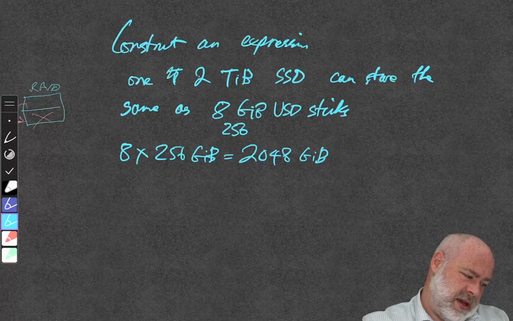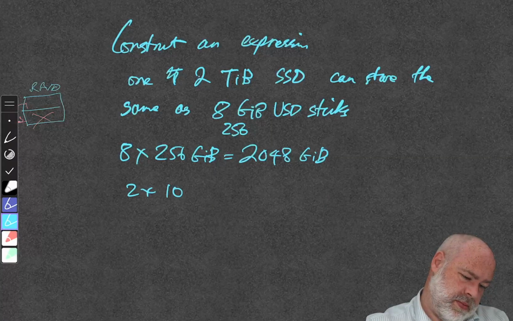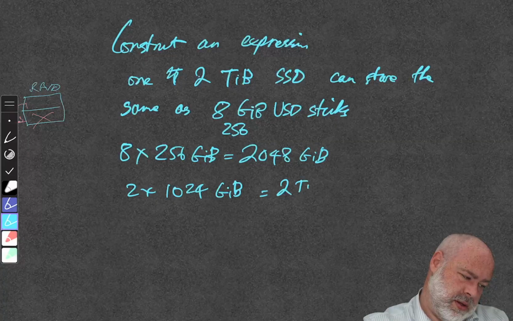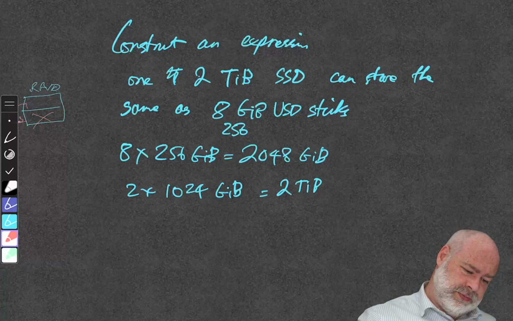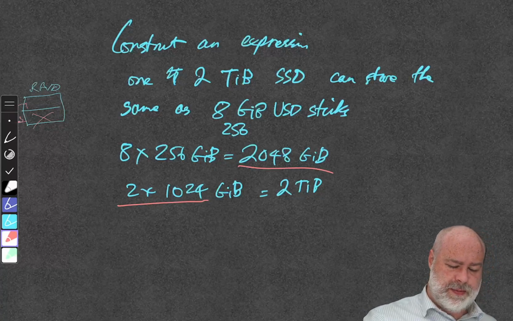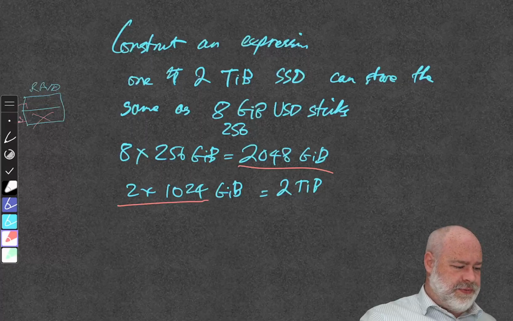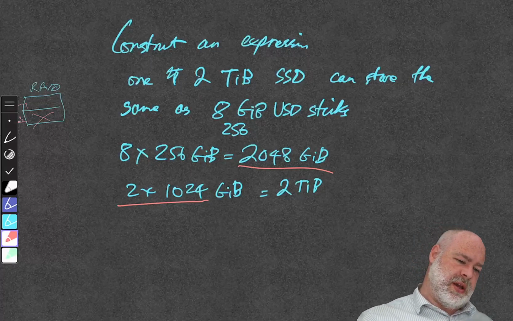And then we could say that it is 2 times 1024 GiB, which does equal 2 TiB. So obviously 2 times that is the same as that. So, a fairly straightforward question, but again,